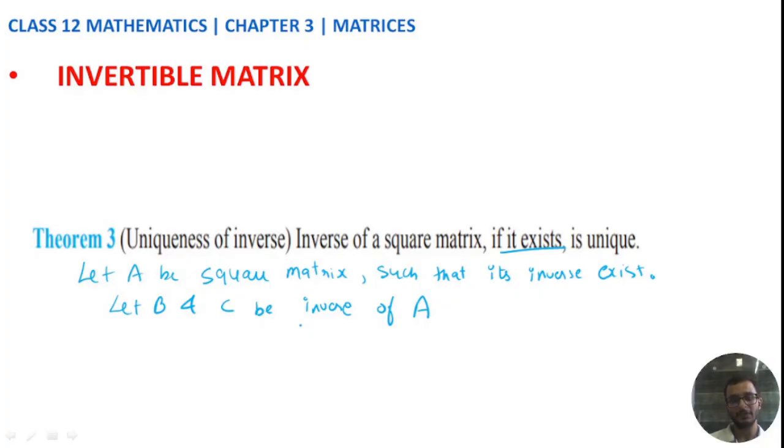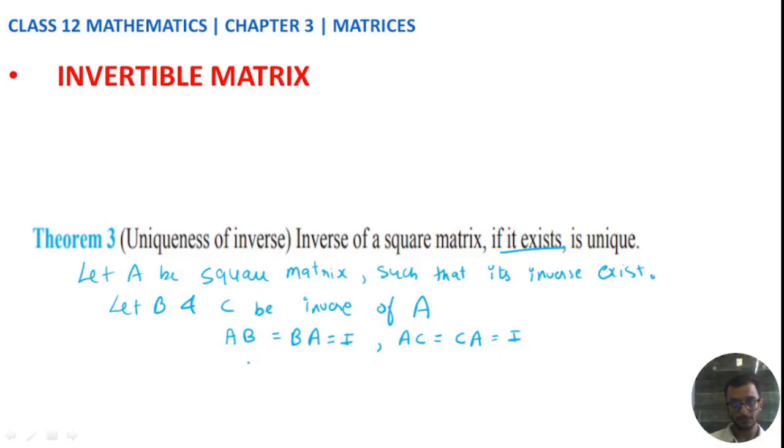So what was the definition of inverse of A? That whether you multiply B from right or left, and C from right or left, you should get the identity matrix. Also, as C is also an inverse, you should have A into C the same as C into A as the identity matrix. Now we have to show B is equal to